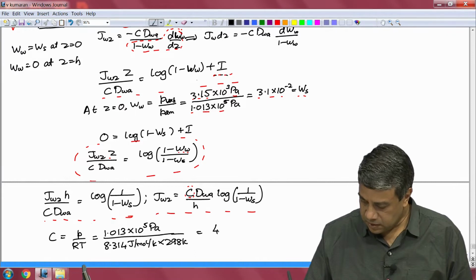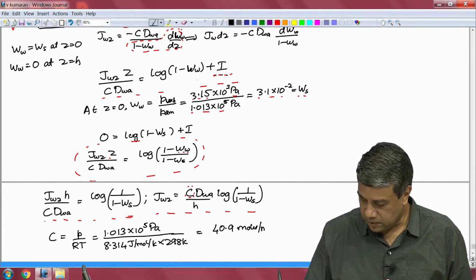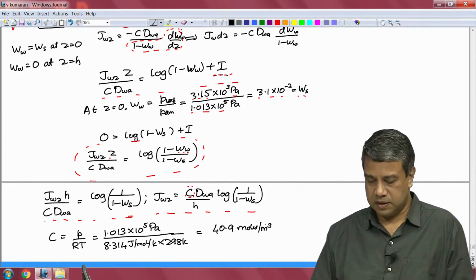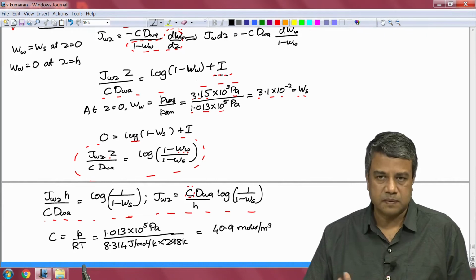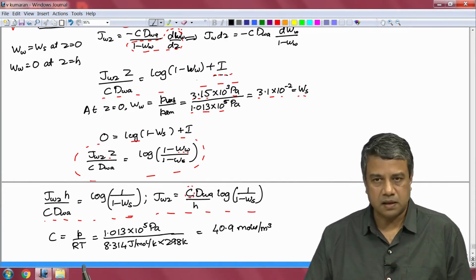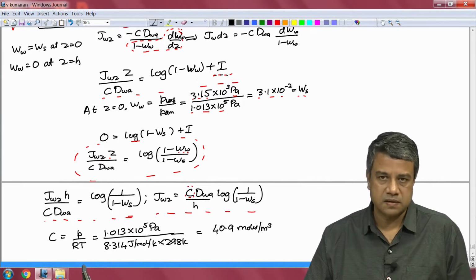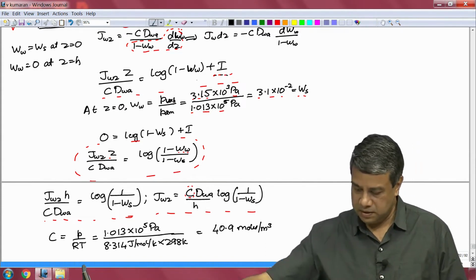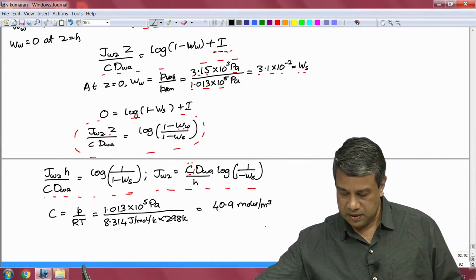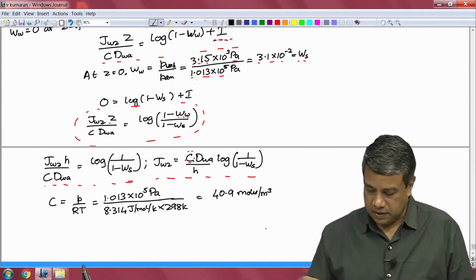And this turns out to be 40.9 moles per meter cubed. Pascal is force per area, and in the denominator the energy is force into length. So, you get a 1 over meter cubed here. So, that is 40.9. And if you recall